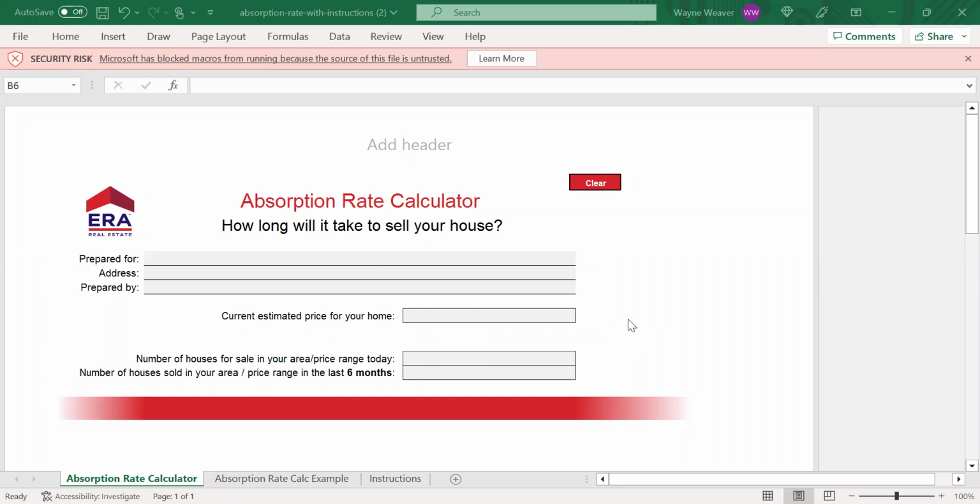So what an absorption rate calculator is based on what's sold in the market, based on what's available on the market today. Again, every house is different, but how long could it take to sell your home? And that's what this is going to actually do, and you'll see it calculate in just a second and you'll be like, oh, I get it. So I'm just going to say, again, keeping it simple,